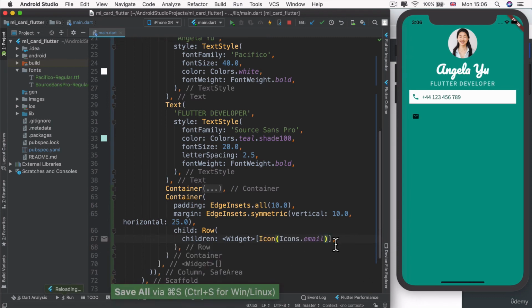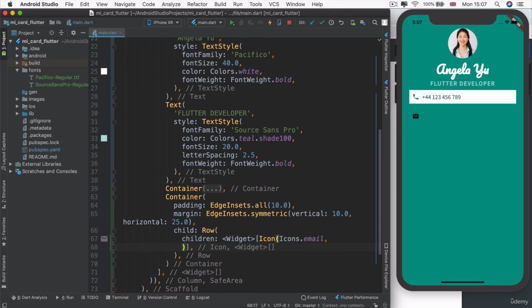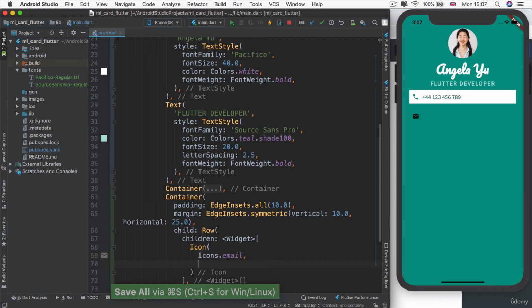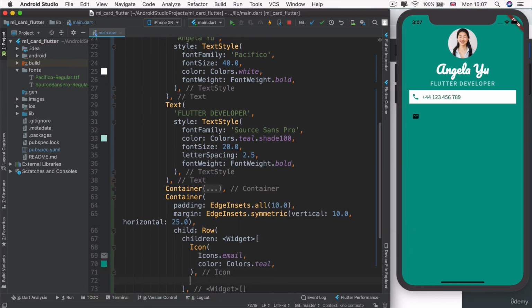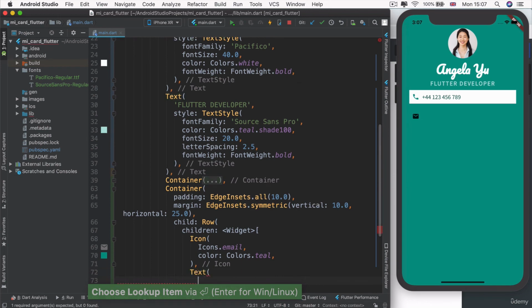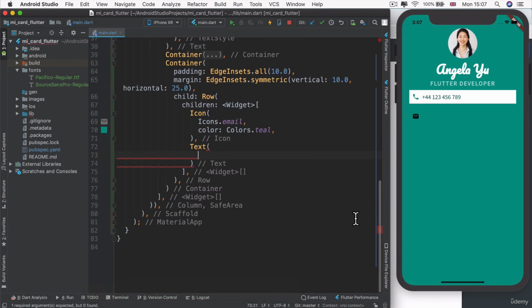Now that I have my email icon in there, I'm going to change the styling of that icon to make it look a bit more like the other one. So I have to change its color to teal. And then I get to add my text, which can really say anything you want it to, but in my case, I'm going to add maybe an email, let's say